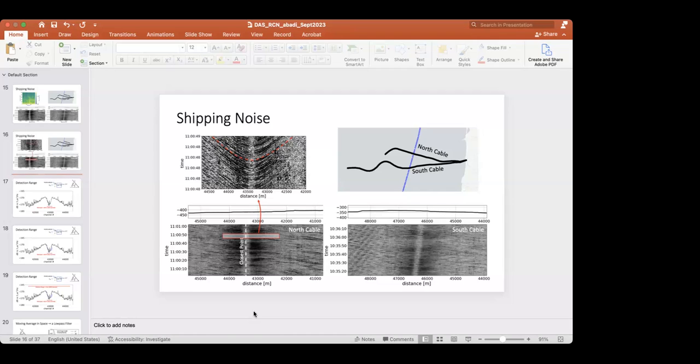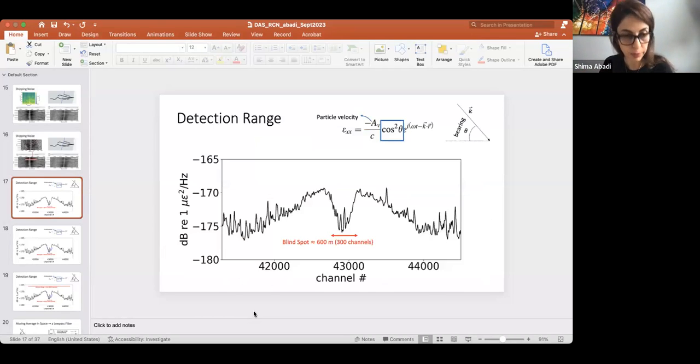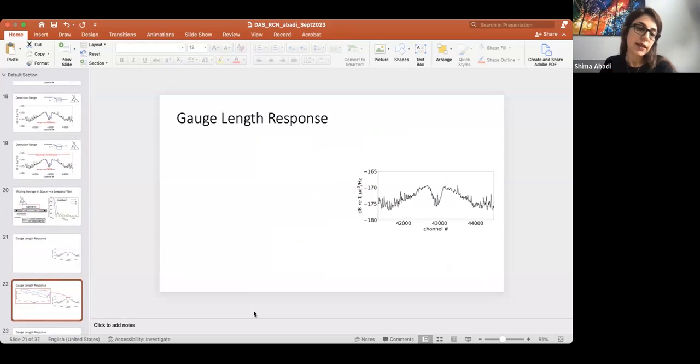I'm curious if you've looked at the differences between the cable burial for these two experiments and how that's impacting your signals. That's a good question, and no, I didn't look at the differences between experiments, but for the experiment in the Puget Sound area, the interesting